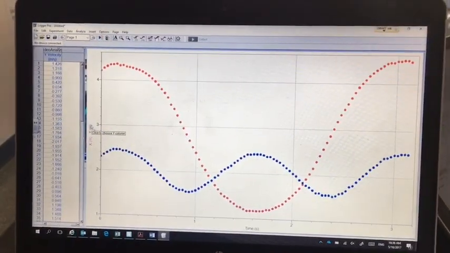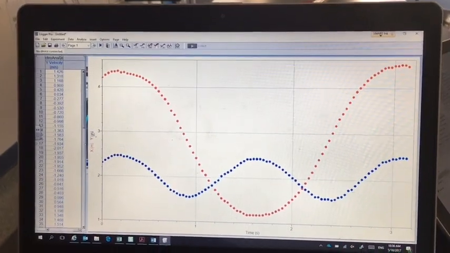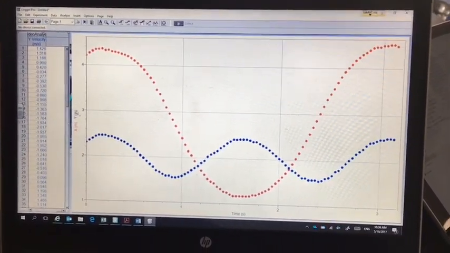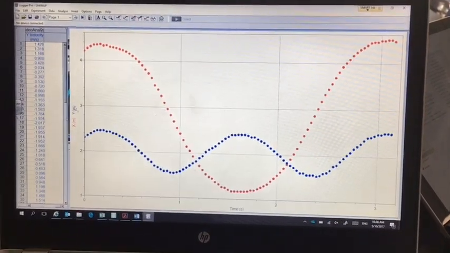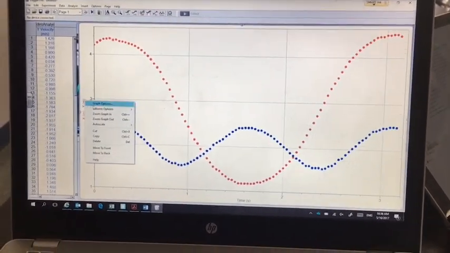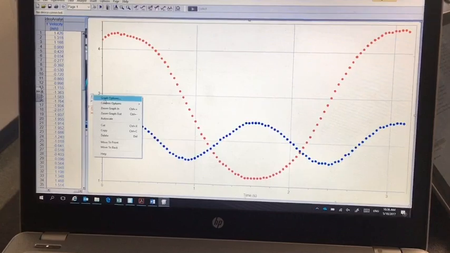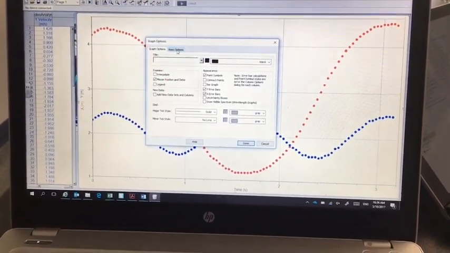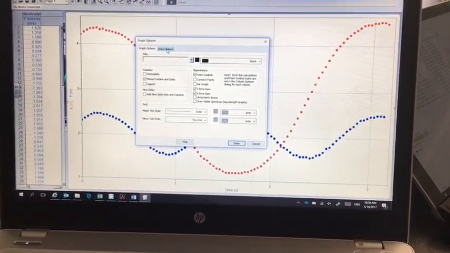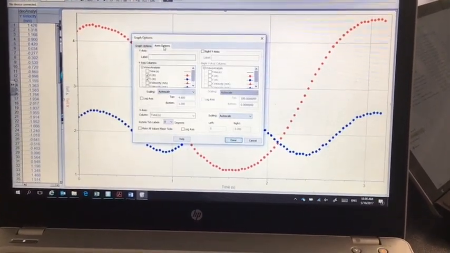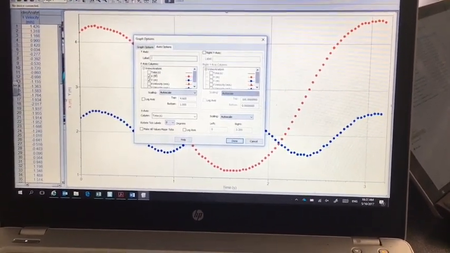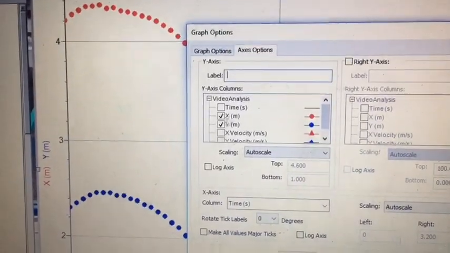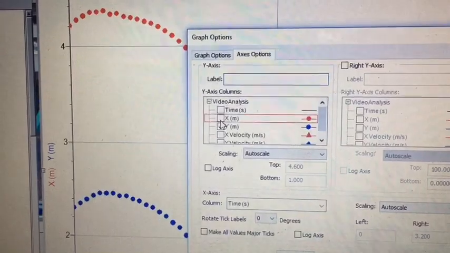So can I turn one off? We're only going to look at vertical data, okay, so the Y data. If I right click over the labels, I get the option of graph options. I'm going to select that, and it'll open up this box, and then I'm going to select axes options. At this stage I can pick my y-axis on the graph, so I'm just going to switch off the